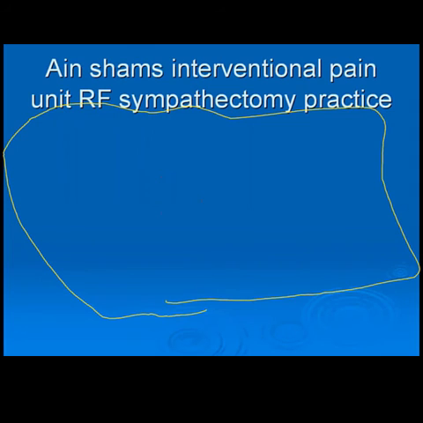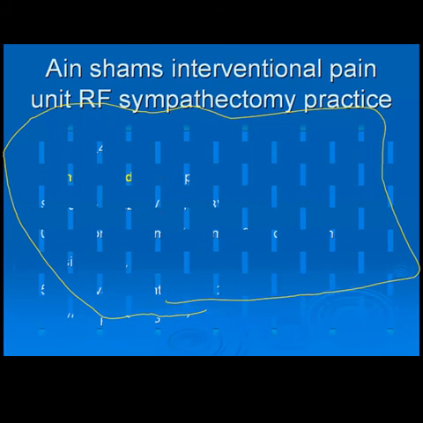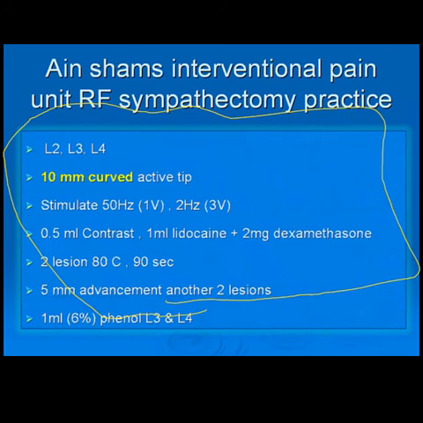Our protocol in our unit is that we do a radiofrequency in order to reduce the chemical neurolysis bad outcome. We use a 10 millimeter curved active tip needle, 15 centimeters in length, and we stimulate at 50 hertz up to 1 volt and 2 hertz up to 3 volts to make sure that we don't have any motor stimulation down the leg. And we put 1 ml of lidocaine plus 2 milligrams of dexamethasone before we do the